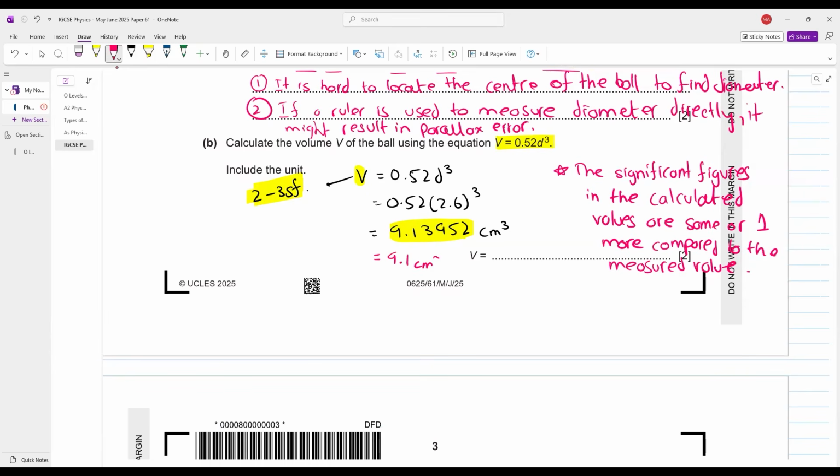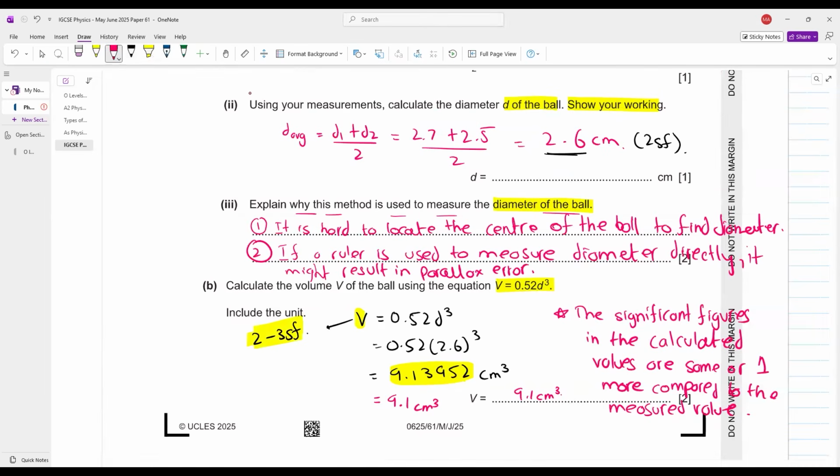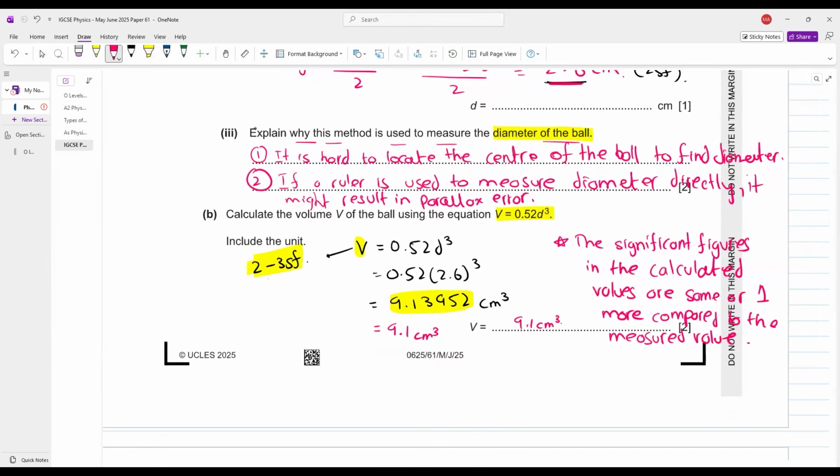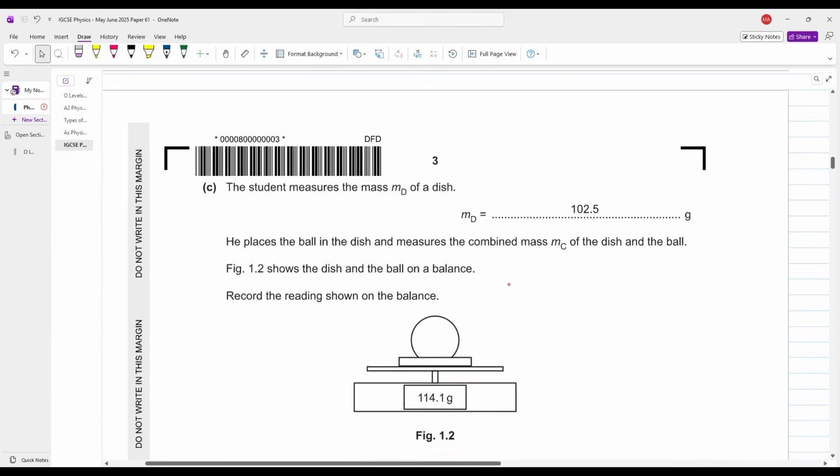9.1 cm cube is your answer. ठीक है। जितने सिग्निफिकेंट फिगर्स आपकी मेजर्ड वैल्यूज में होंगे, यहाँ पे डायमीटर में टू सिग्निफिकेंट फिगर्स हैं, वॉल्यूम में उतने ही या उससे एक ज़्यादा सिग्निफिकेंट फिगर्स होंगे। This comes out to be your answer. आगे बढ़ते हैं।